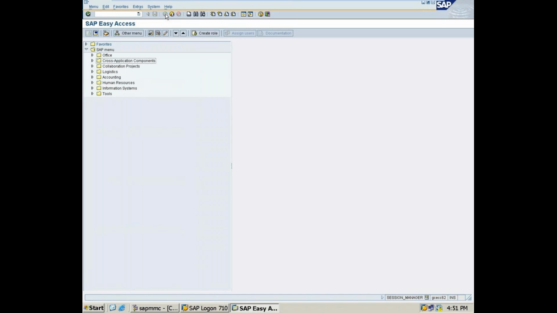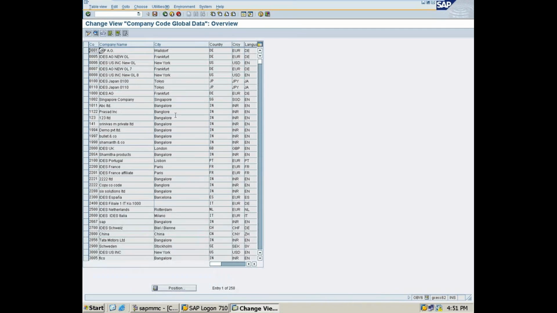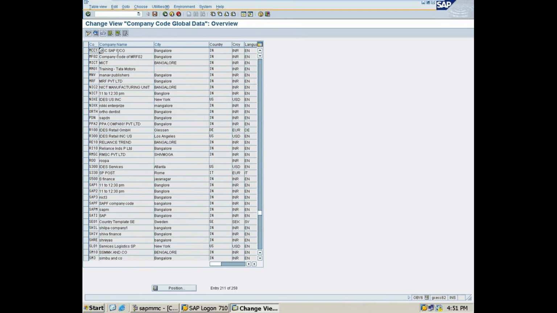So after that, global parameters. After chart of accounts, I will also show you again the global parameters. OBY6. If I give OBY6, it directly takes you to the global parameter. You don't need to create your company here, because while you are creating company details it is automatically created. Go for position, find it, double click on that.